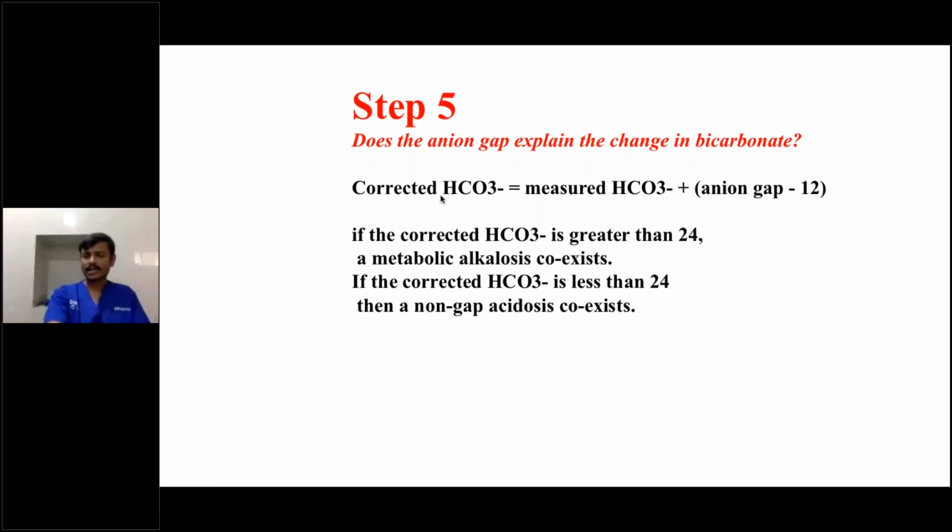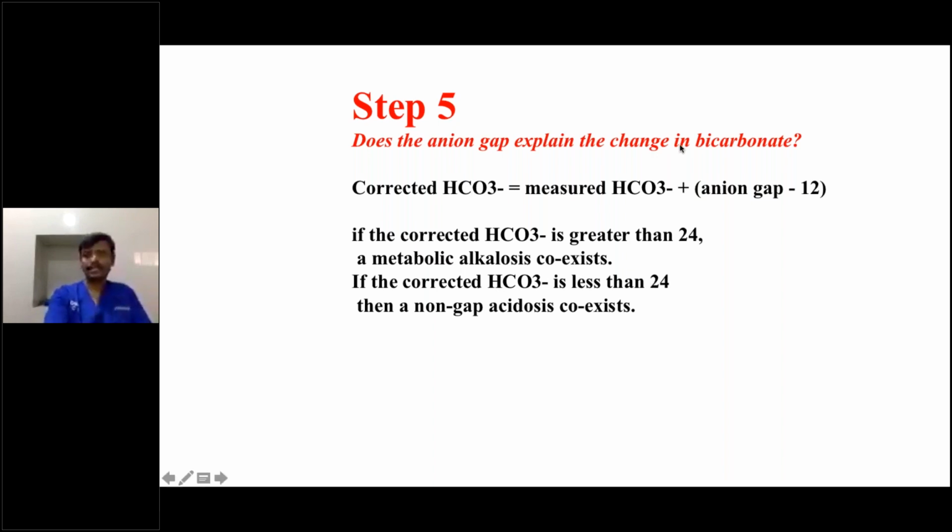Why are we correcting bicarbonate? Because, as I told, anion gap is not actually existing. It is taken from a calculation point of view. We have measured sodium ion, chloride ion, bicarbonate ion. There are several other ions also, like unmeasured cations and unmeasured anions. So many ions are there, but because of their lesser concentration in the blood, we are not taking them. So we come up with some anion gap, but actually it is not existing. Till now, we have calculated with reference to anion gap as if it is existing, so we are correcting that.